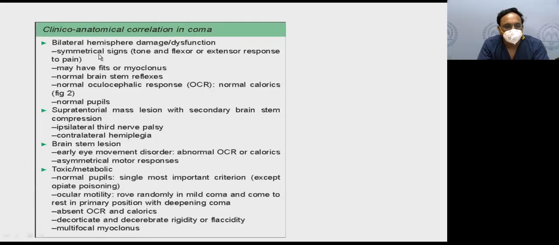When you have bilateral hemisphere dysfunction, they have symmetric signs, and may have fits or myoclonus. They have normal brainstem reflexes, normal oculocephalic reflexes, and normal pupils. Whereas when the patient has a supratentorial mass lesion like uncal herniation, they have ipsilateral third nerve palsy and contralateral